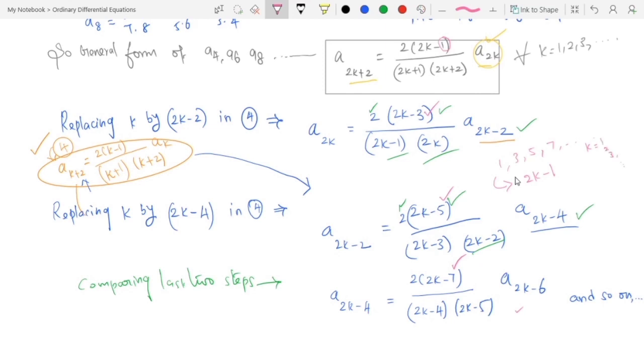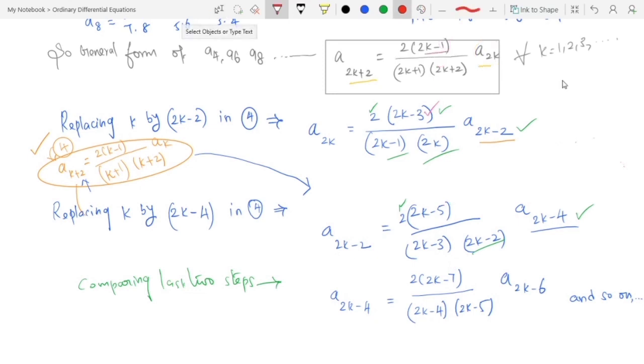If k is equal to 1, 2 into 1 minus 1, that is 1. k is equal to 2, 2 into 2 minus 1, 3. k equal to 3, 6 minus 1, 5 and so on. So the general expression for consecutive odd numbers starting from 1 is 2k minus 1, for all k varying from 1, 2, 3 and so on. So instead of 1, 3, 5, 7, if we replace it by its general form 2k minus 1, how can we get its denominator accordingly?